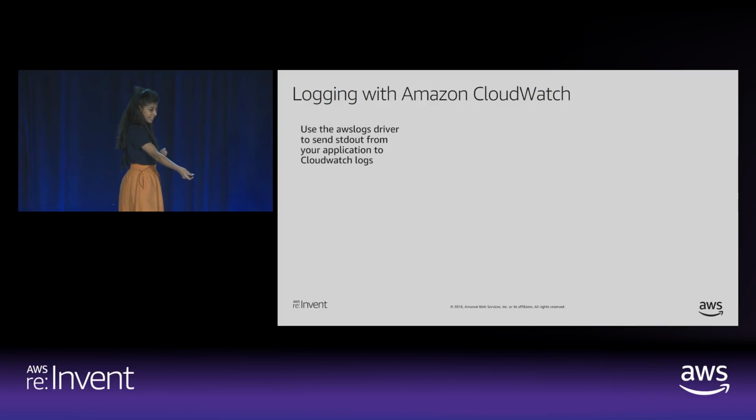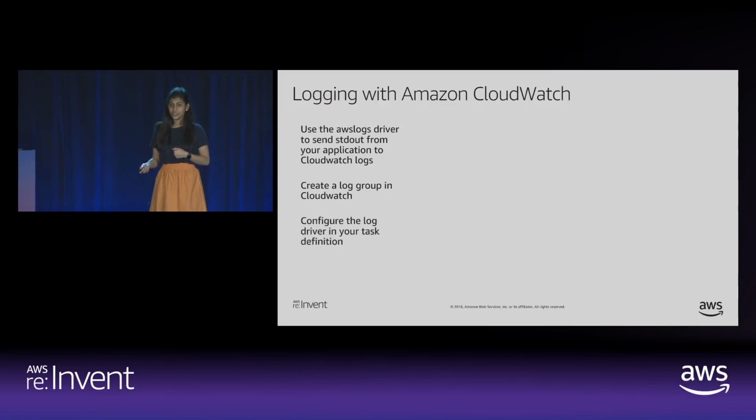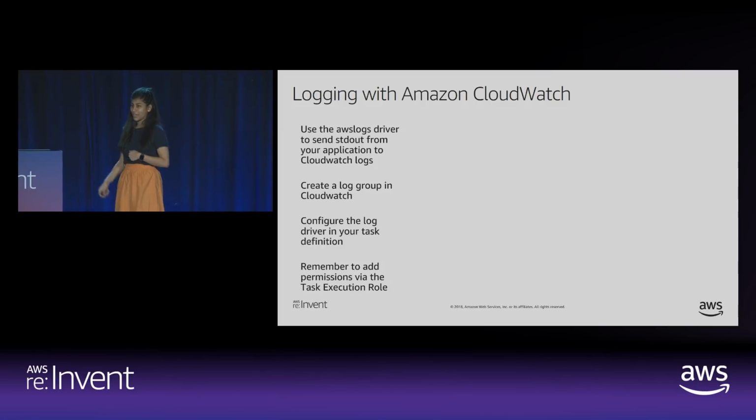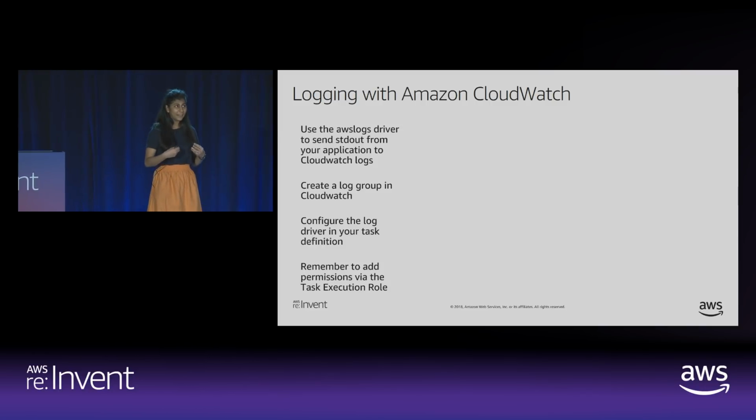And then our first step is to create a log group in CloudWatch. Once you do that, you configure your log driver in your task definition, and you're ready to go. Oh, one more thing. Remember to add permissions via your task execution role so that Fargate has to push those logs into your CloudWatch console. So we need permissions to do that. So once all of this is done,